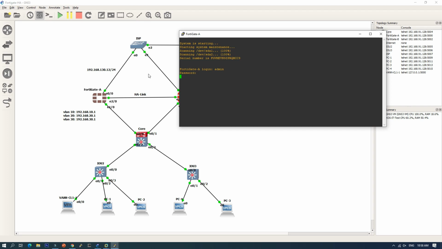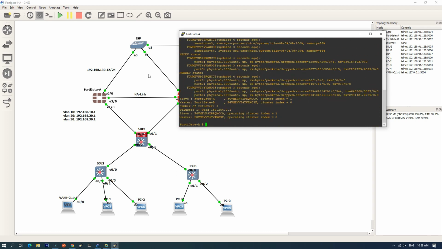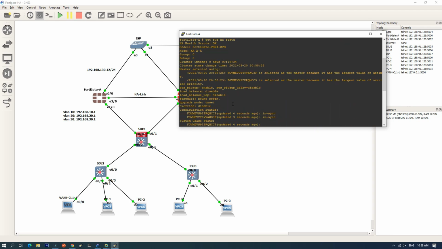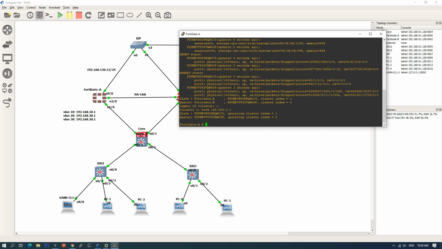admin, no password, get system HA status. So you can see that even we set the priority to the higher priority, but the FortiGate A still cannot become the master.